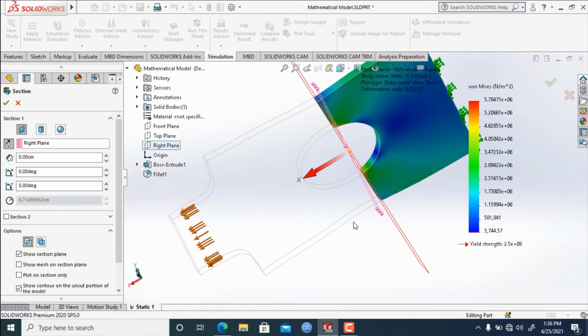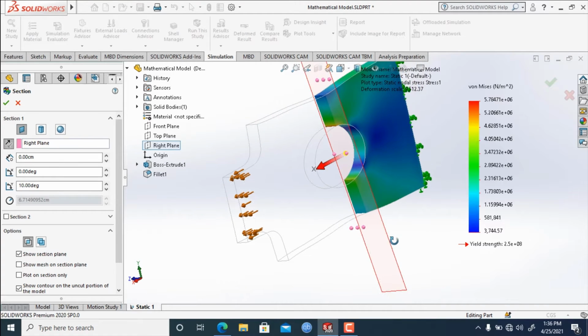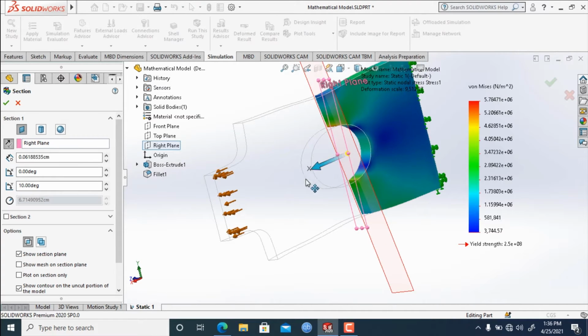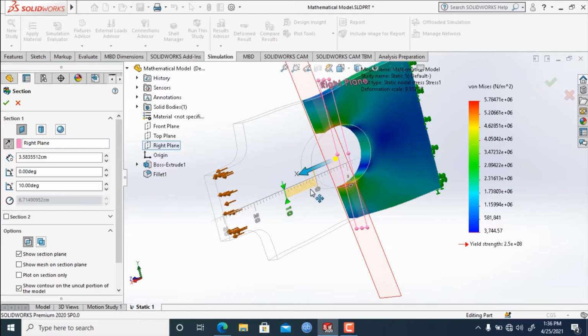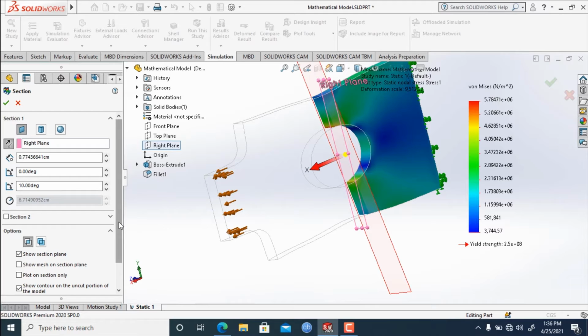It is angled with reference to our front and right plane. If we give it 10 degrees, the sectional view will be rotated 10 degrees, and we can drag it down, up, forward and backward as we want. So this is all about sectional view.